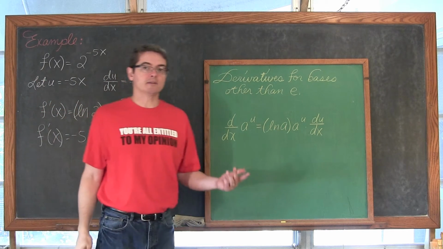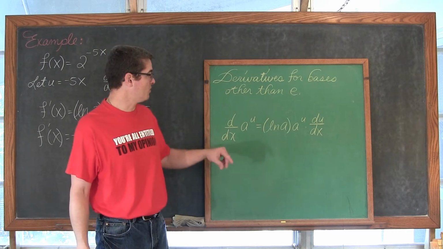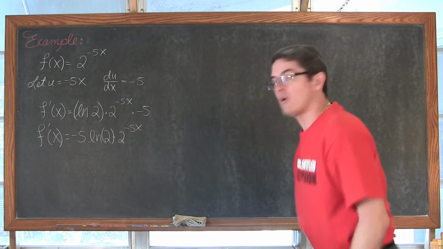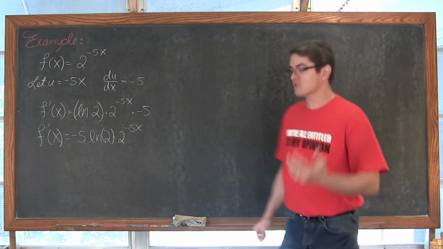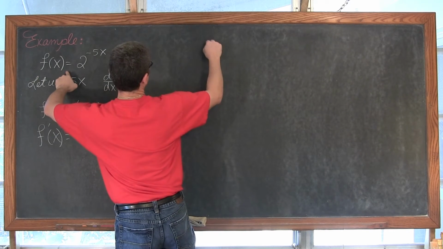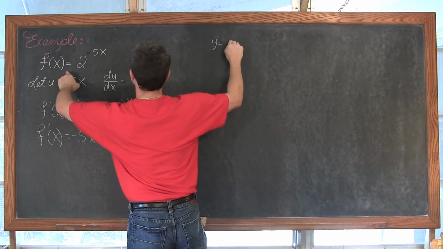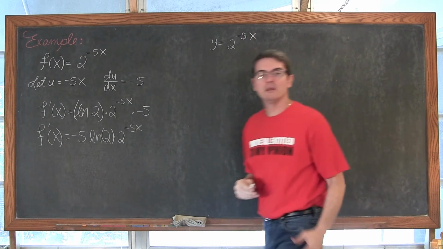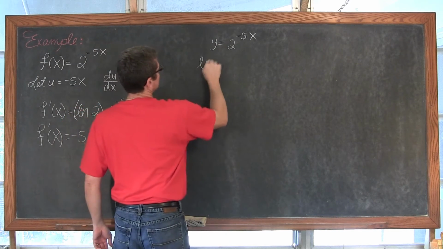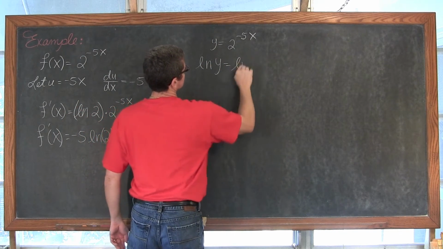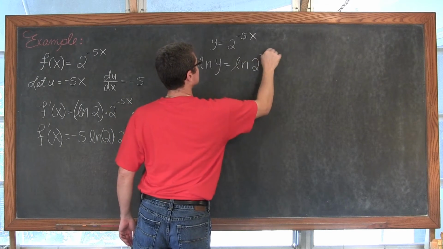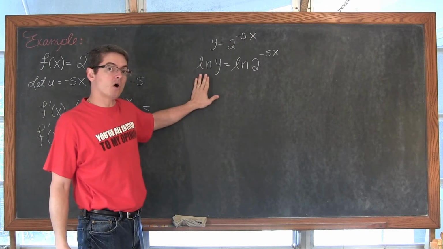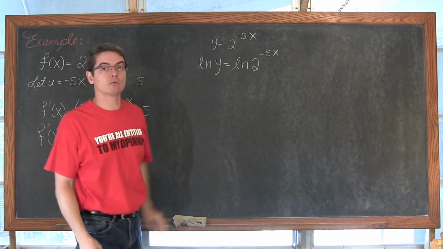Okay, great. Unless of course you forget this rule, and just to tie this together with what we've already learned with our derivative of natural exponential functions, we can take this f of x, or y, is equal to 2 to the negative 5x power. Take the natural log of both sides. Make both sides an exponent of e. I want to just show the cancellation of that natural log on the left. Don't cancel it back on the right. We'll be back where we started from.